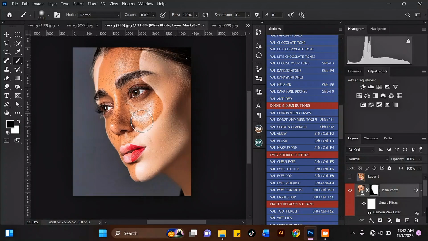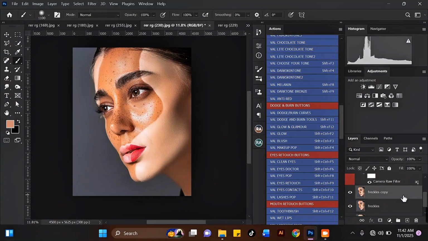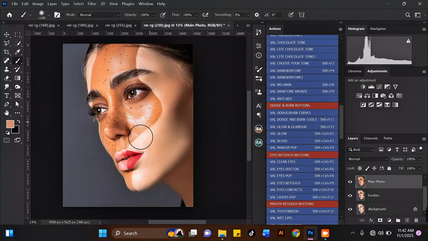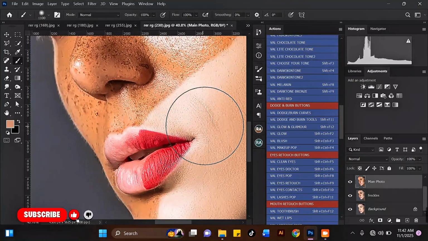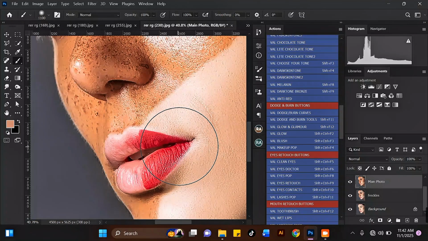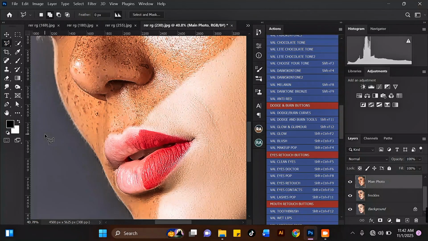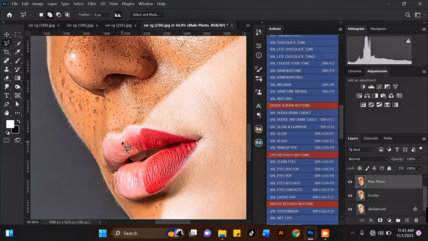Okay, so before, after. This is nice. Let me merge it together. The next thing I will do right here is the lips. I want to separate the lips and make the lipstick look normal. And to do that, I will use my